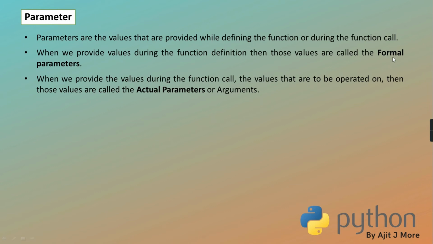Now the criteria, remember: actuals are strictly supposed to be, sorry, I told wrong, formals are strictly supposed to be variables. Formals are strictly variables, but that is not the criteria for actuals. Actuals can be anything: an expression, a variable, a literal, a call to some other function, anything. So actuals don't have any criteria. But ultimately they all are objects only. Every expression will also be internally converted into an object. But formal strictly has to be a variable. You need to remember that.